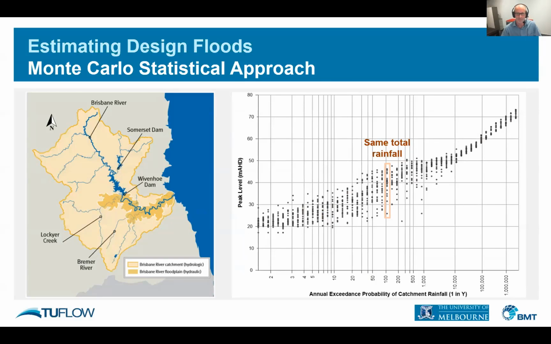The other critical thing for this study was the conditions prior to the flood. If you have a wet catchment and your dams are near full, you'll obviously get a higher flood level than if you have a dry catchment and the dams are near empty, such as down in here. So all these events across the whole spectrum are sampling the variability that can occur due to all the things I've just been talking about. That gives you a much better handle on where your 1 in 100, 1 in 20, 1 in 50 type flood event is.